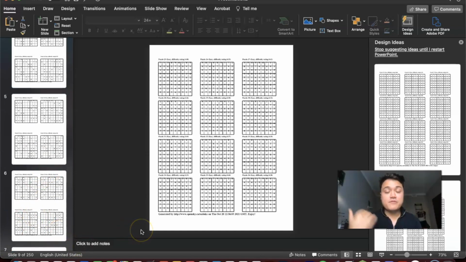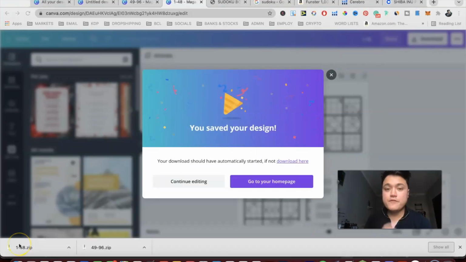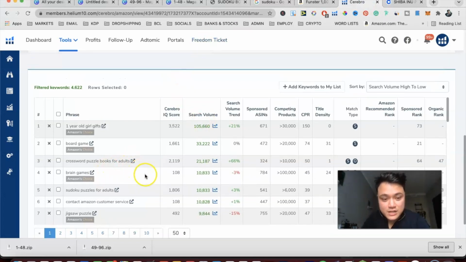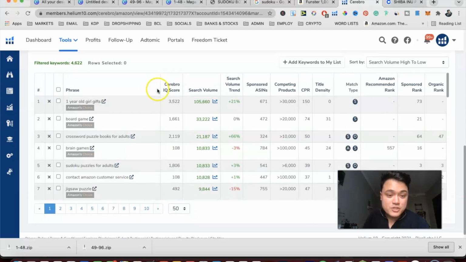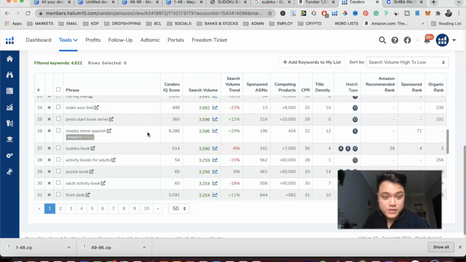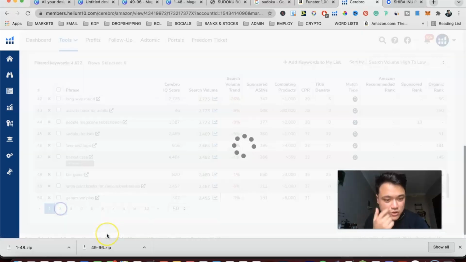Of course, the very final thing is about the keywords for Sudokus as well. If you want to go about making a Sudoku puzzle book, then of course you want to know this regarding the keywords for Sudoku. This is best explained with our keyword research software here. I showed you this towards the start, the Sudoku puzzles for adults, which was the biggest search volume keyword there was for Sudoku. But if we scroll down, you'll actually see that another really good ranking keyword is, I think on the second page here,